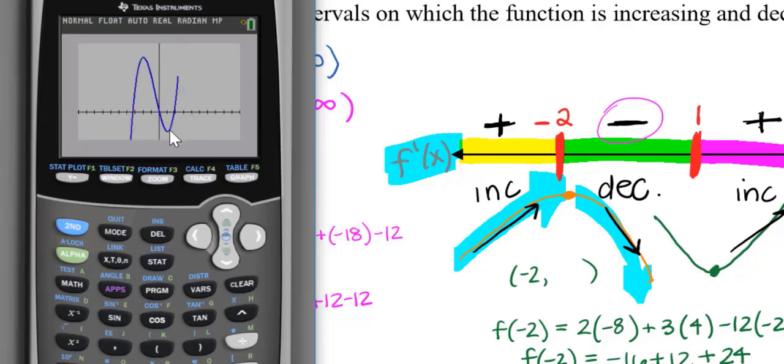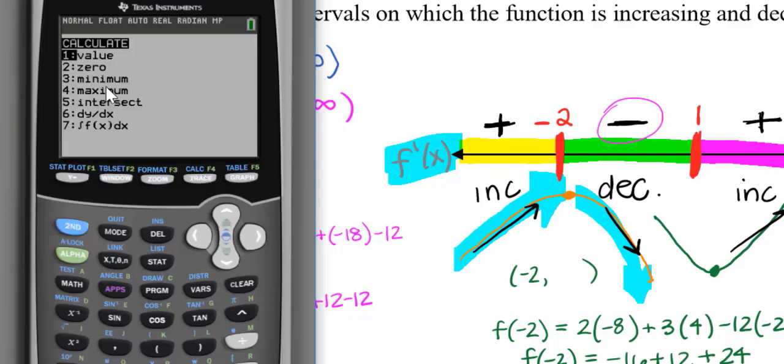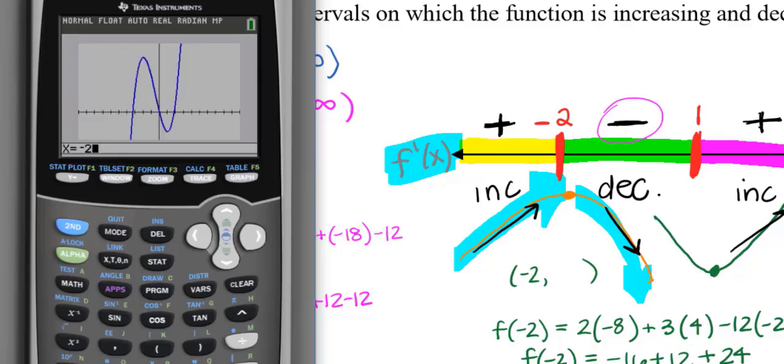That's up to you. So I can see I have a relative maximum turning point at the value x equals -2, 20, and I could calculate that. You could also calculate your maximum and minimum there, but I think I know where it is. So I'm going to say, what is my value? When x is -2, my y value is 20, and it puts my cursor right on that point. So that looks really good.